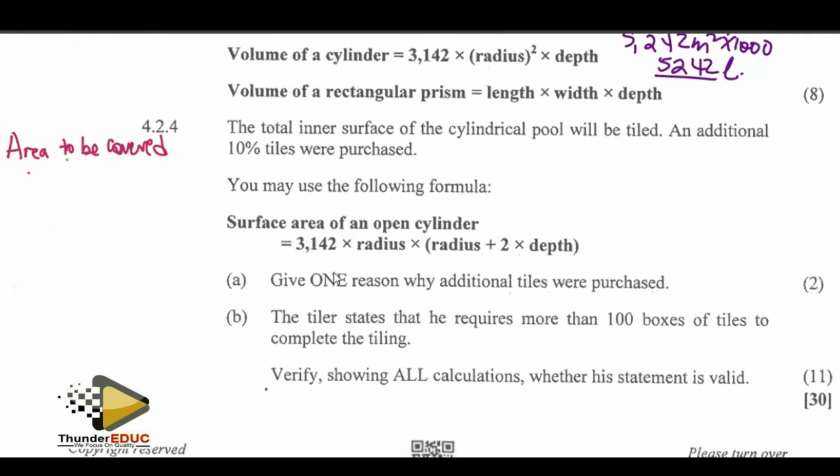Area to be covered. This is the area for the cylindrical swimming pool. So we shall start with this formula here, which will say 3,142 times. Remember the radius, we got it as 3,5 into bracket 3,5 plus 2 times depth, which is already as 1. So here we go on and we say we got this as